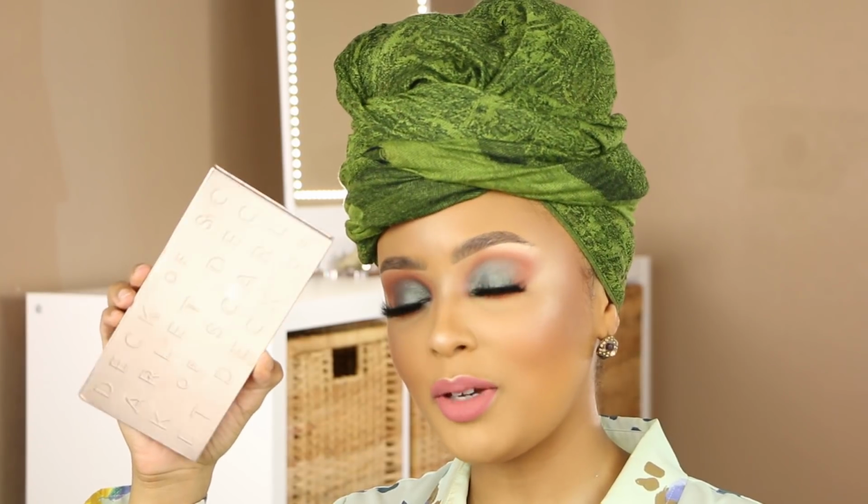I will be creating this very soft emerald eye, perfect for spring, in partnership with Deck of Scarlet. I will be using their special edition Destination Desert palette to create this soft look. This is like an Easter look. Like, I feel like I'm about to go to church, praise Jesus, okay, and then go chill with my family